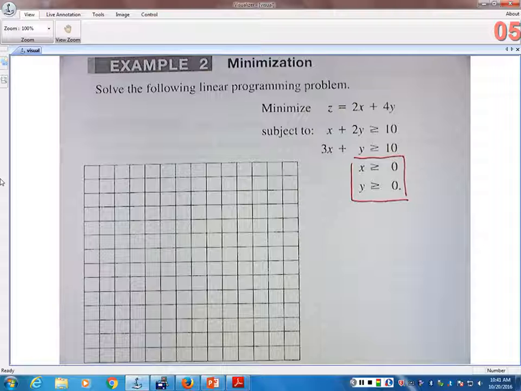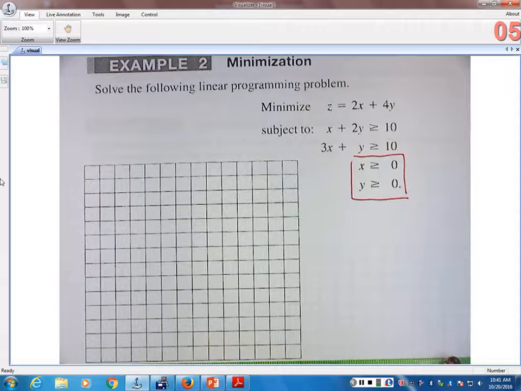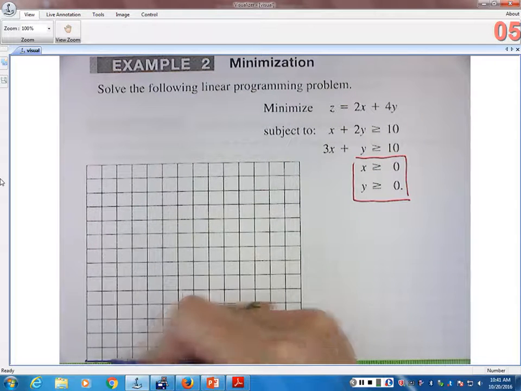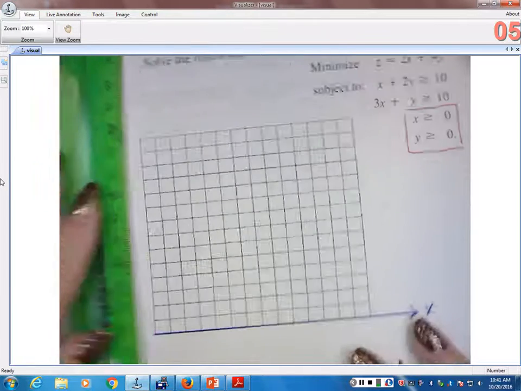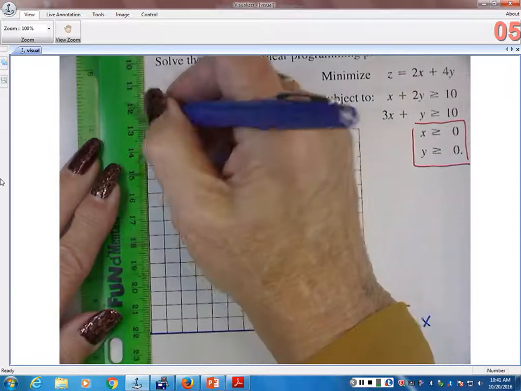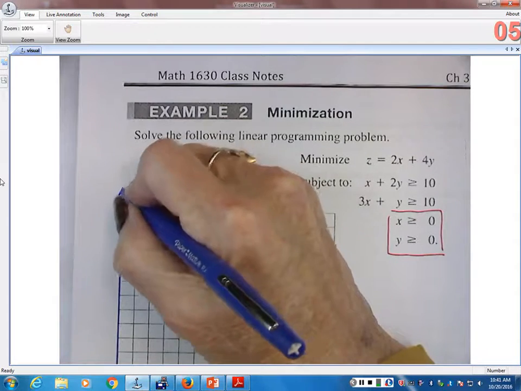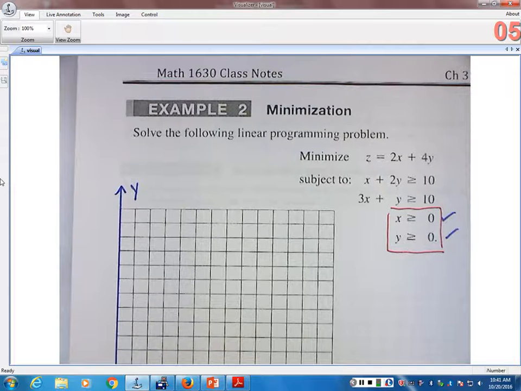There's no need to show the rest of the quadrant, so we'll go ahead and lay out the graph grid in that way. We've now taken care of both of those. So we'll move on then